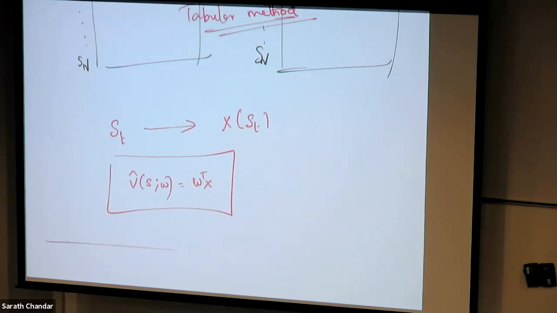Now, in today's lecture, there are a couple of things we are going to do. First, we are going to move from linear function approximators to nonlinear function approximators. And we are also going to discuss how to do function approximation with off-policy learning, which is very challenging when compared to the simple on-policy function approximation that we have seen so far. Okay, so first let's talk about nonlinear function approximators.